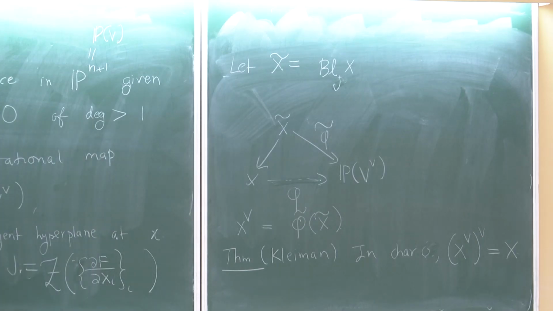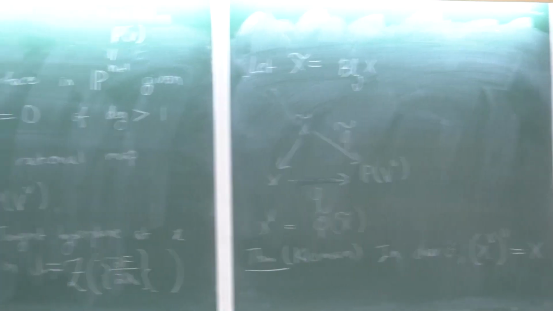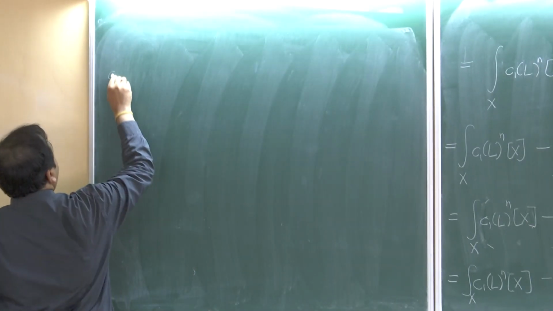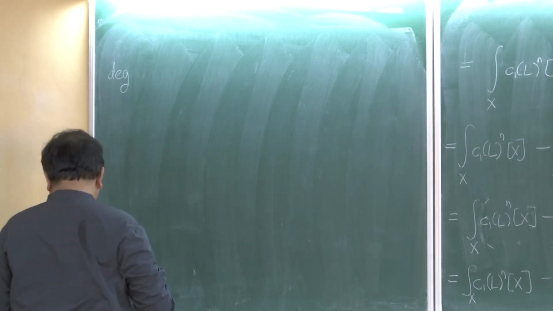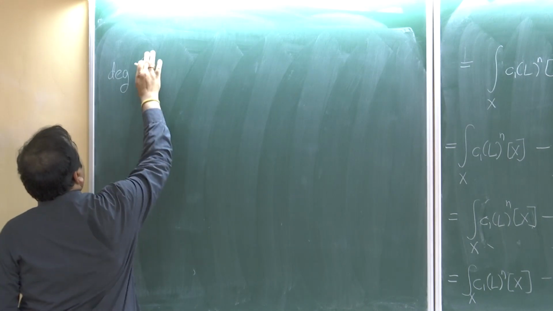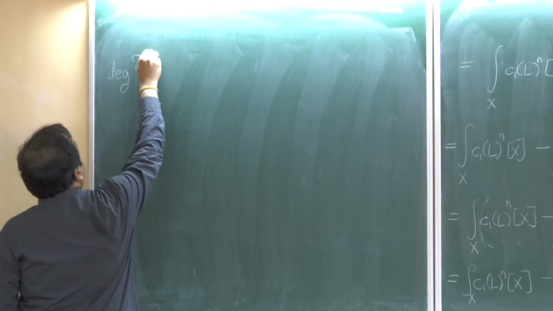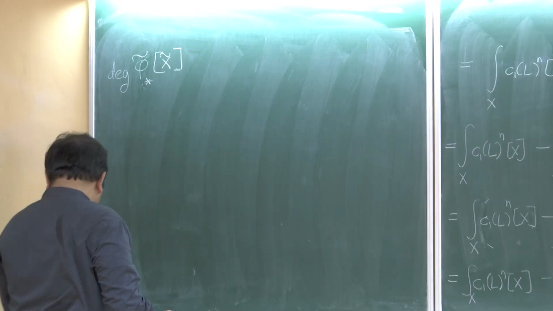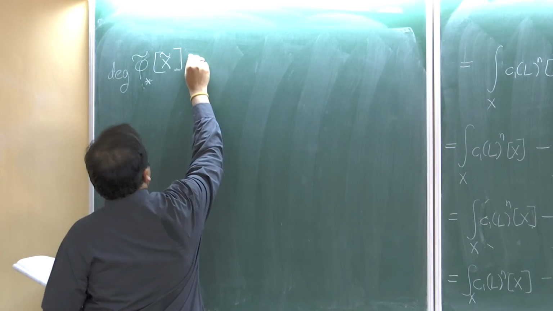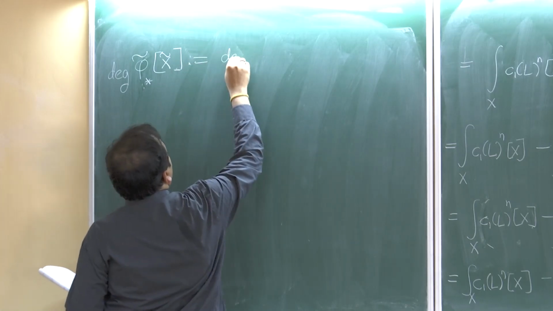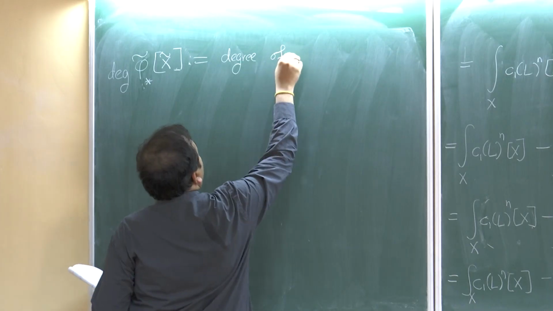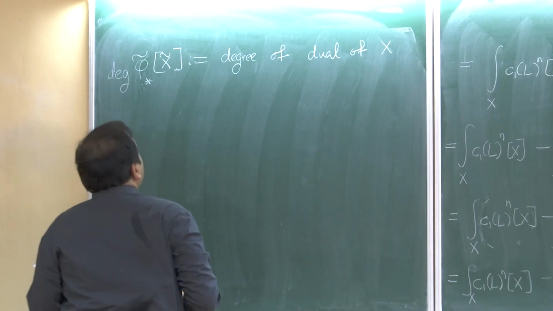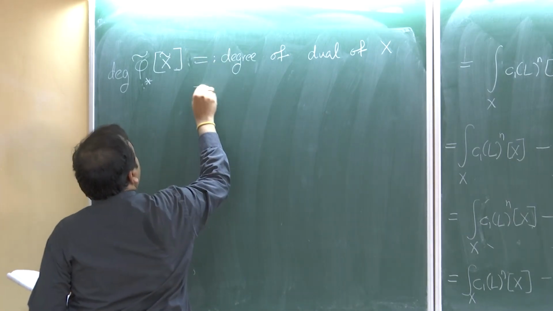So even though there seems to be some error somewhere in this, the result is correct. So we will just use it and see. So the degree of phi tilde star of x tilde is equal to the degree of the dual. So this is actually the definition. So this is equal to,